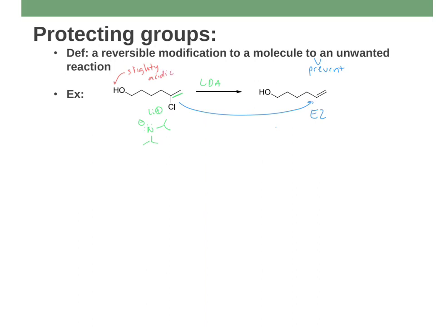Now that's a problem when you add a strong base, because if it's like t-butoxide, if it's some alkoxide, you're going to get at least a 50-50 mixture of product where you deprotonate that alcohol. Or if you use something like LDA, it's going to be much higher than that. So if I use LDA, the problem is that LDA is just going to pluck off that hydrogen, and it's going to give me